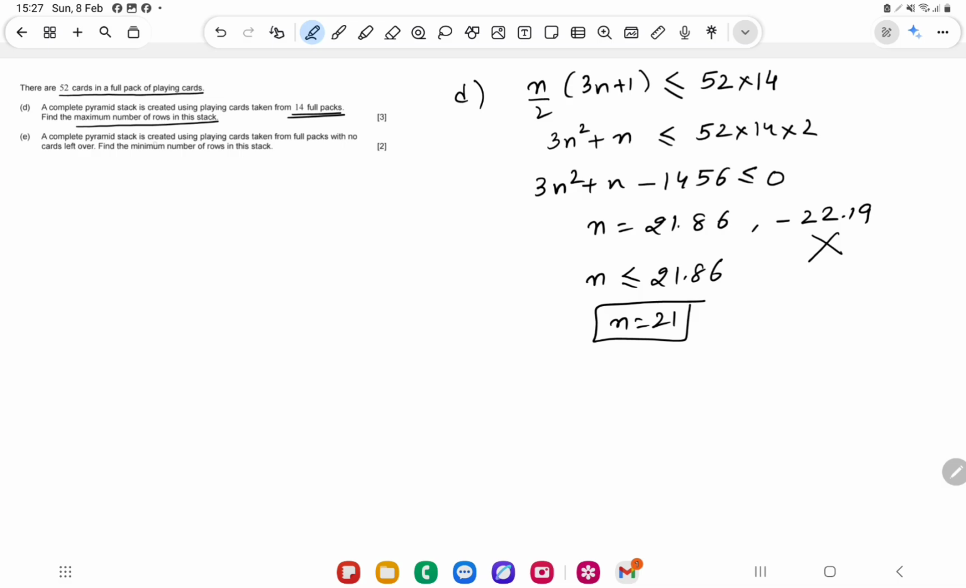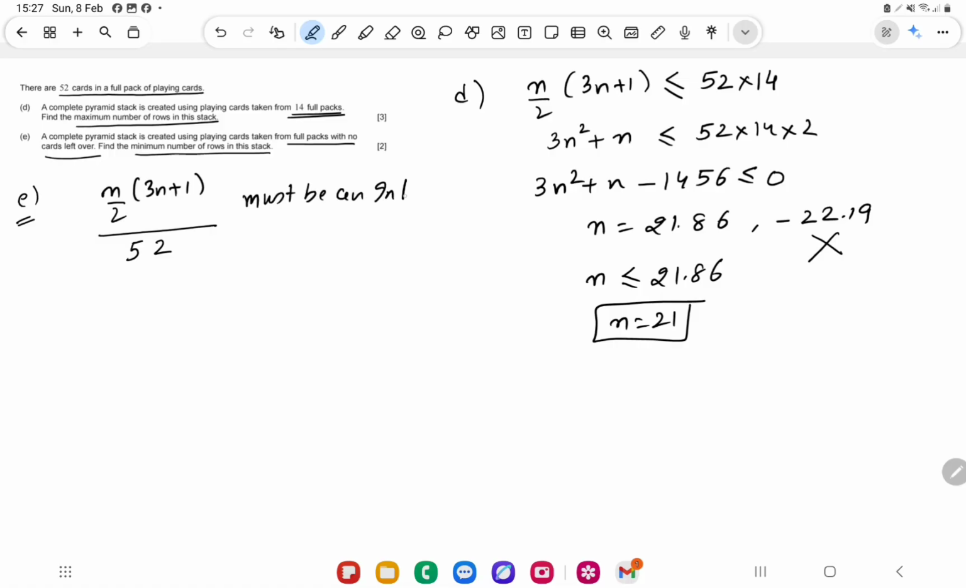Now in the E part it says a complete pyramid stack is created using playing cards taken from full packs with no cards left over. Now find the minimum number of rows in this stack. Now to solve this part, we will again use the result which we got in C part, n by 2 (3n plus 1). Now it has to be divided by 52 because there are total 52 cards and we have to find the minimum number of rows. So to find this, it